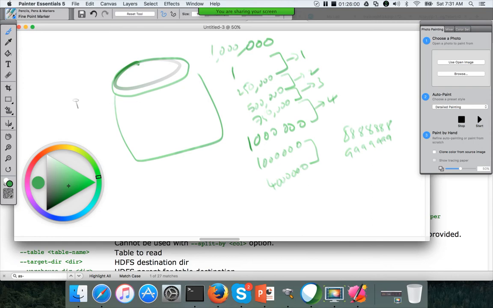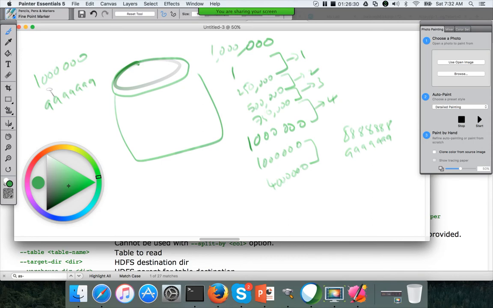So let me work this out. 1 million to 10 million, the range has about 9 million. Divided by 4, the minimum is 1 million and the maximum is this one, right? So the range is almost 9 million, which divided by 4 is 2.25 million, right?